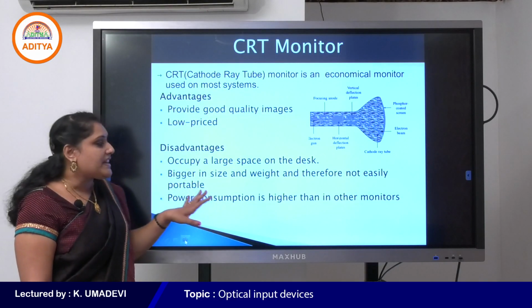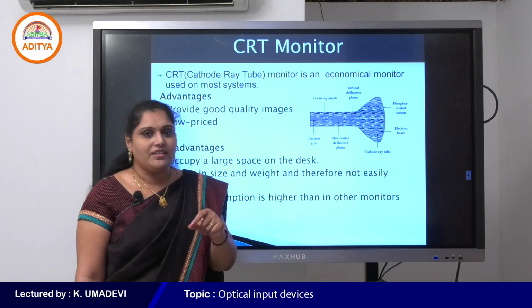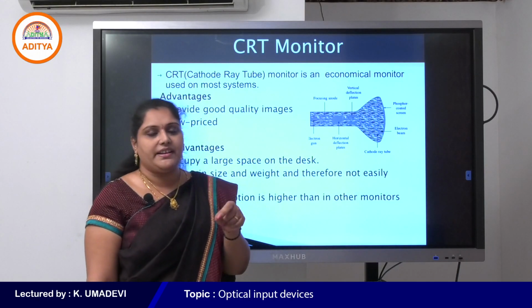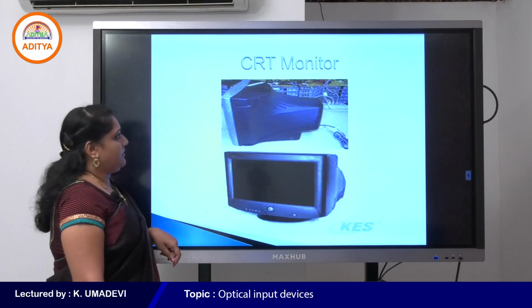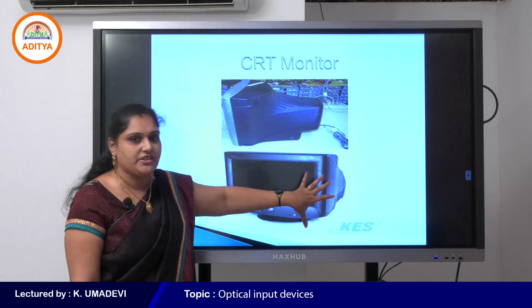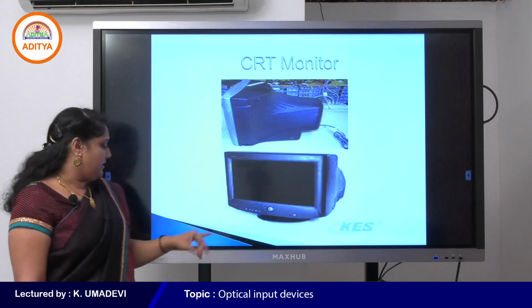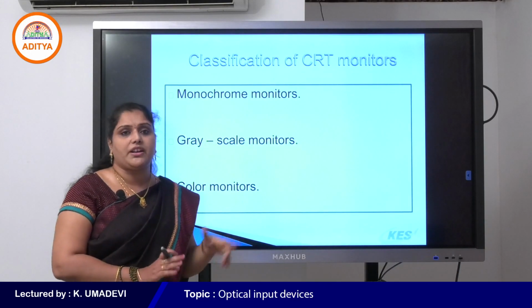Power consumption is also higher than other monitors. That's why we are using LCD, LED, OLED monitors today. This is a CRT monitor picture, which looks like a television screen.